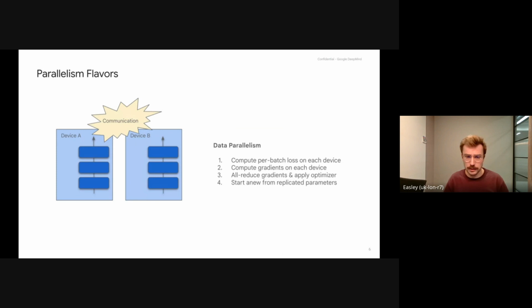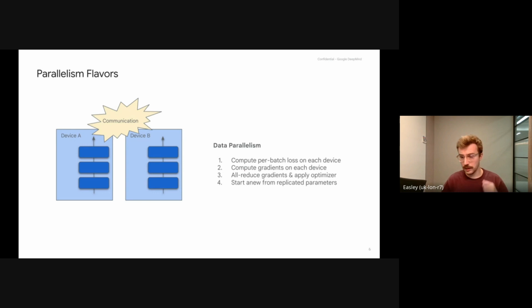So what is data parallelism? In practice, it allows you to compute more data given multiple devices. On the two devices, each of them will hold a replica of the model, with the same parameters. Then we do a forward pass with a different subset of the data on each of them. We compute a per-batch loss on each device.